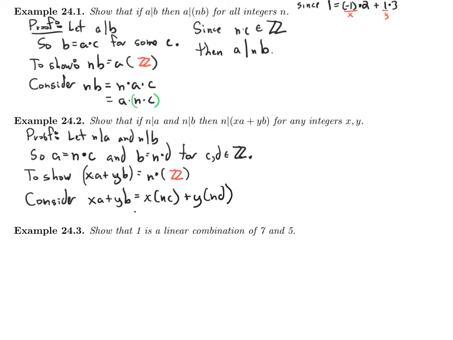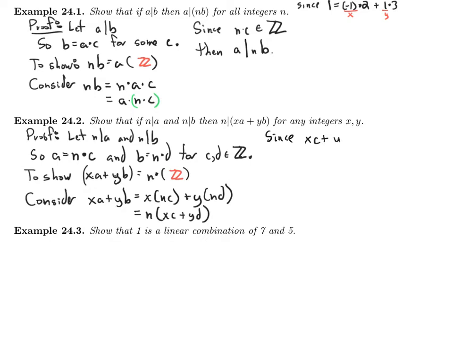And hey, look, we have a factor of n in each number. So let's factor it out. So we get n, and we're left with times xC plus yD. So we've written x times A plus y times B as n times some integer. x times C plus y times D is an integer, so we've done it. So let's just tell people that. Since